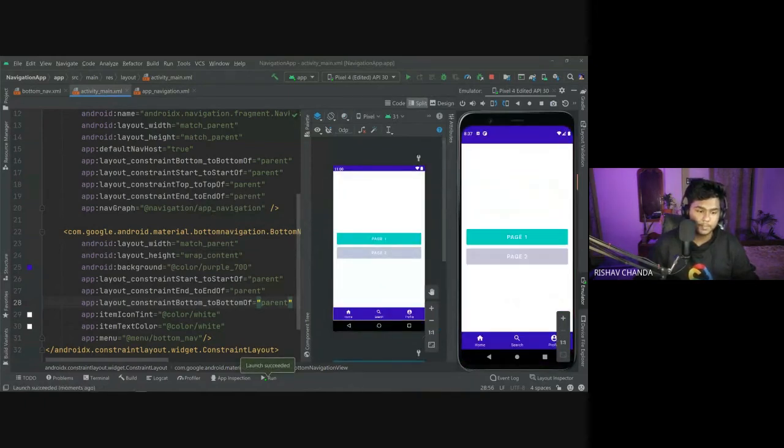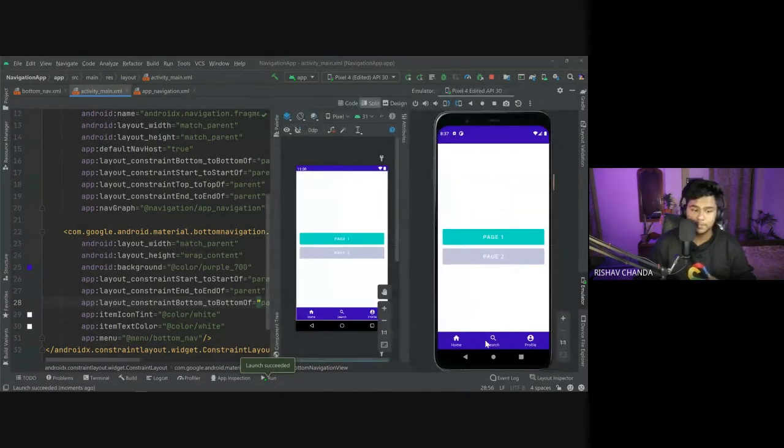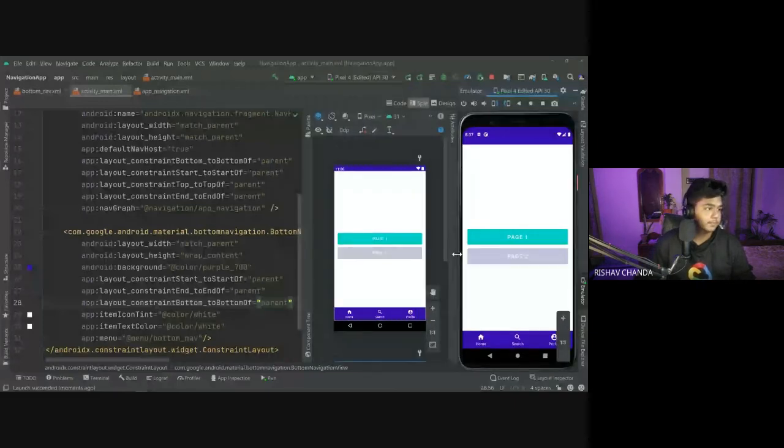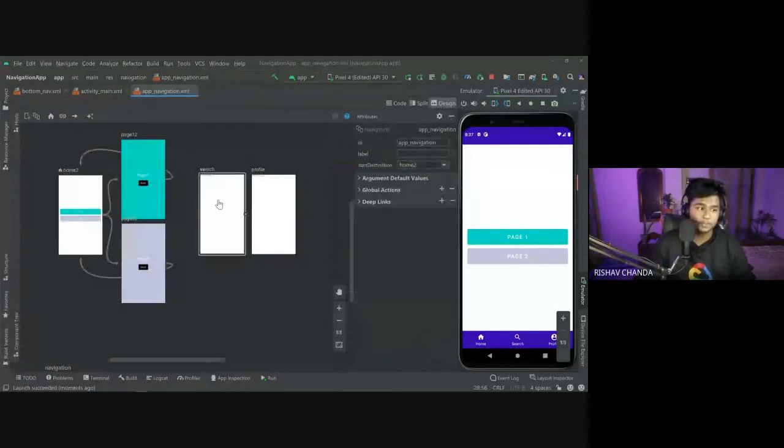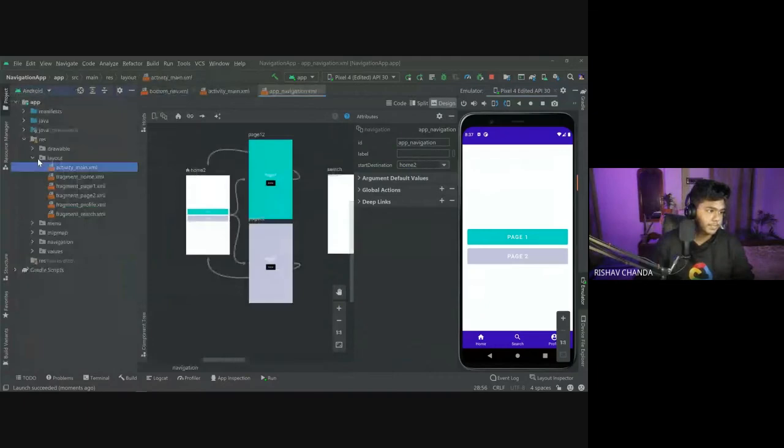If the app runs now, you can see that there is a cool bottom navigation bar coming in front of you in the app. If you click on these icons, it is not working now. So we have to implement the functionality. But first, in this navigation, we have to change the screens also, right? So that we can understand which screen we are in. So I would like to change the screen first.